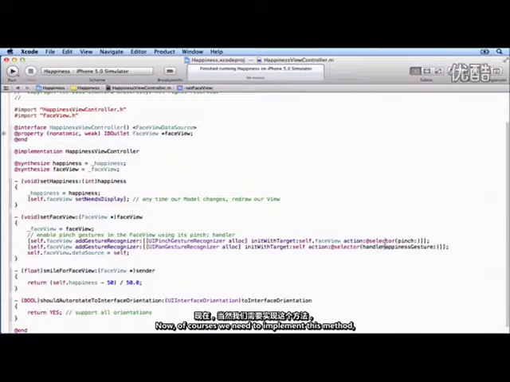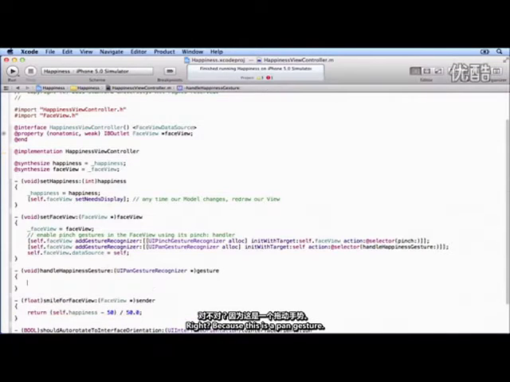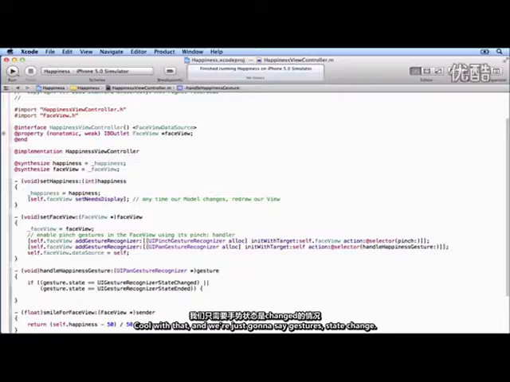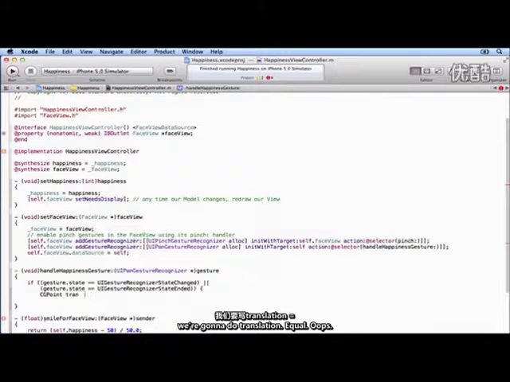Okay? Now, of course, we need to implement this method. So let's do that. Right here, void handle happiness gesture, and it takes a UIPanGestureRecognizer, right? Because this is a pan gesture. Cool with that. And we're just going to say gesture state change. So we're going to do the same thing that we did with the pinch. Whenever the pan moves or the finger goes up at the end, we're going to be tracking the position of it. But this is a pan gesture, so here instead of doing that scale thing, we're going to do translation